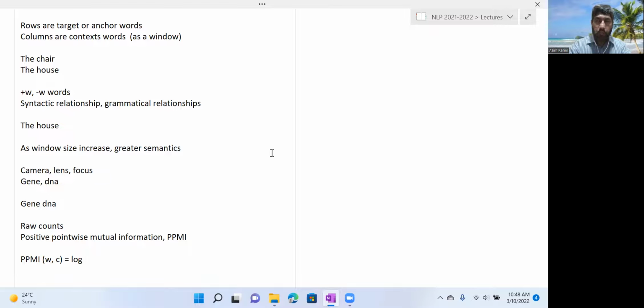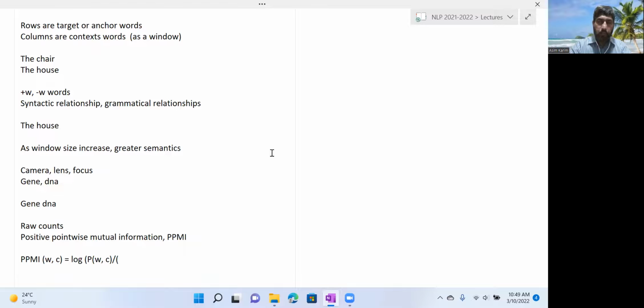You can take log base 2 if you want, but you have to be consistent with whatever base you use. You can use 10 as well, but base 2 is commonly used. This is basically given as the probability of the joint W and C divided by